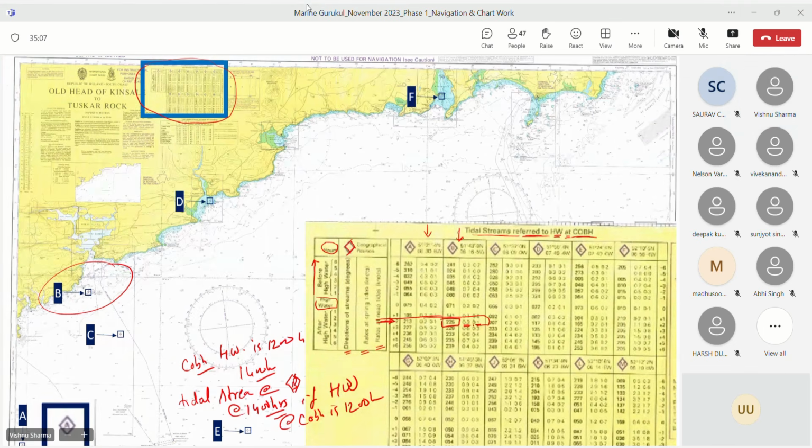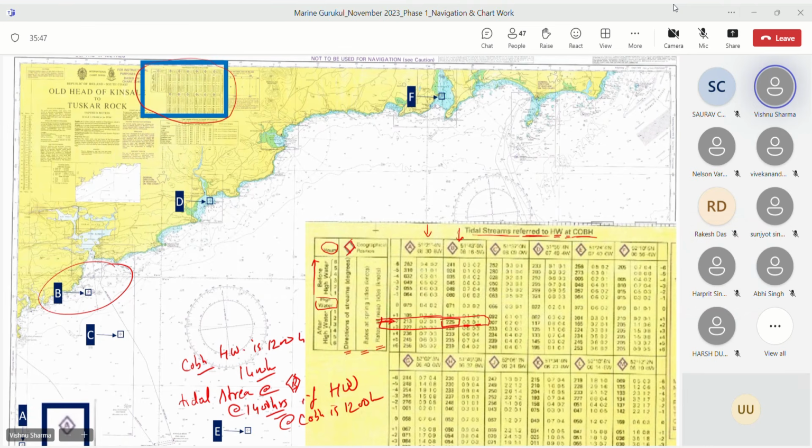Any questions on how to read the tidal stream? No, sir. Class, is that clear? Yes, sir. The high water of 1200 hours at Cobh has to be given in the question. If you are on a ship, you can refer to the tide tables, but in the question it has to be given. Nothing is on the chart, sir. No, nothing is on the chart. It keeps changing every day. How can they give it on the chart? The high water time is not the same every day, correct? Yes. Understood, sir. On the ship, you can refer to the tide tables, but in the question, it has to be given, right? Yes, sir. Okay.